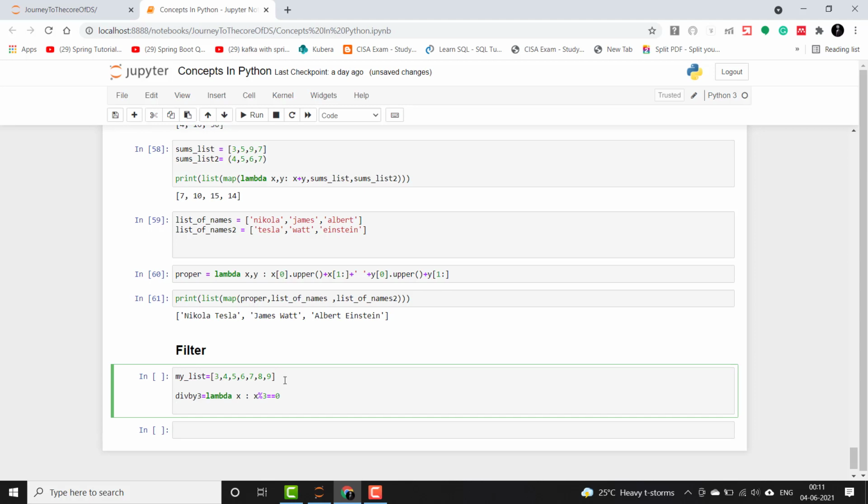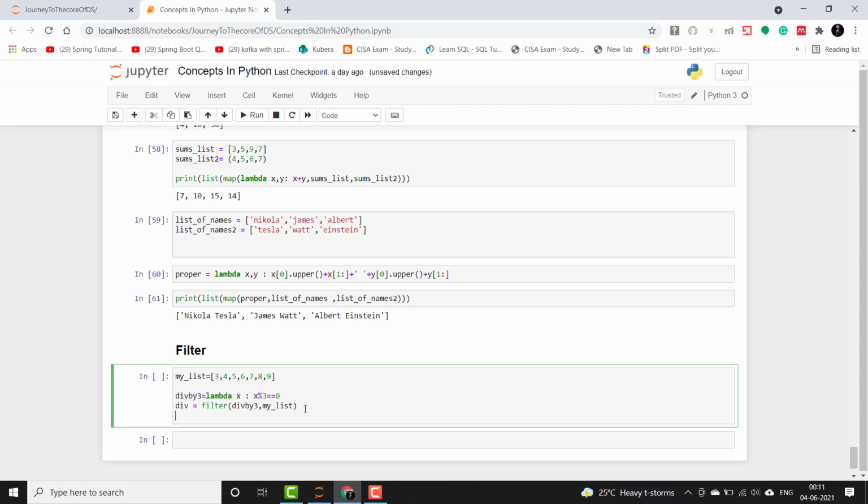So we'll use this in div equals filter, and what we will have here is this lambda function and the list. What this will do is check for each element whether it is completely divisible by 3 or not, filter out the elements which are not divisible by 3, and return the list of the elements which are completely divisible by 3.